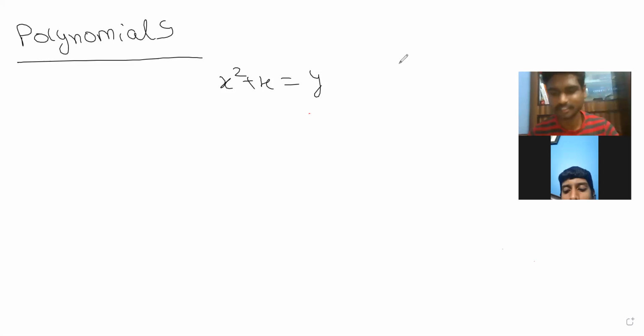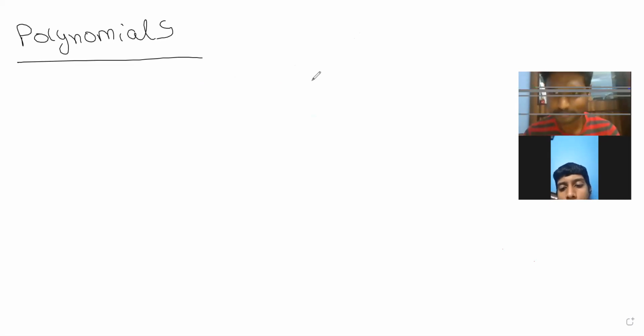So forget all this. First listen. Okay, now I can hear you. So see this, forget about this and all. First understand what is meant by a polynomial and what is the zero. The zero is nothing but a root, we will call it. The root or the solution of the equation.